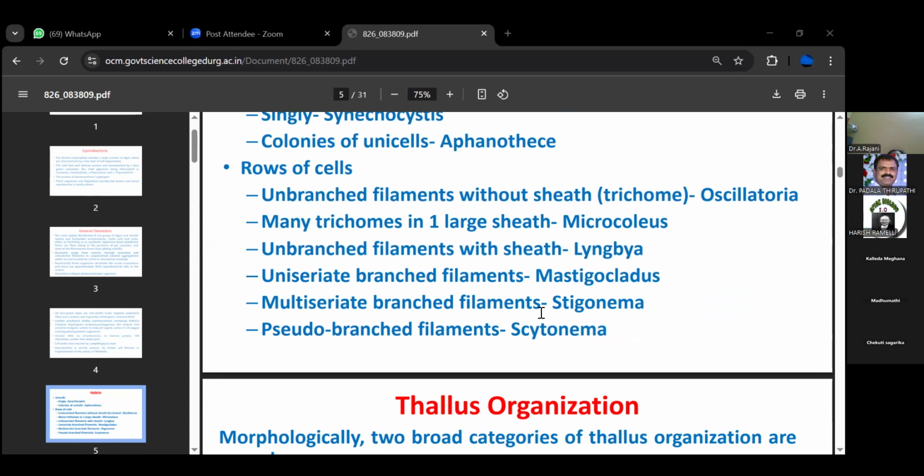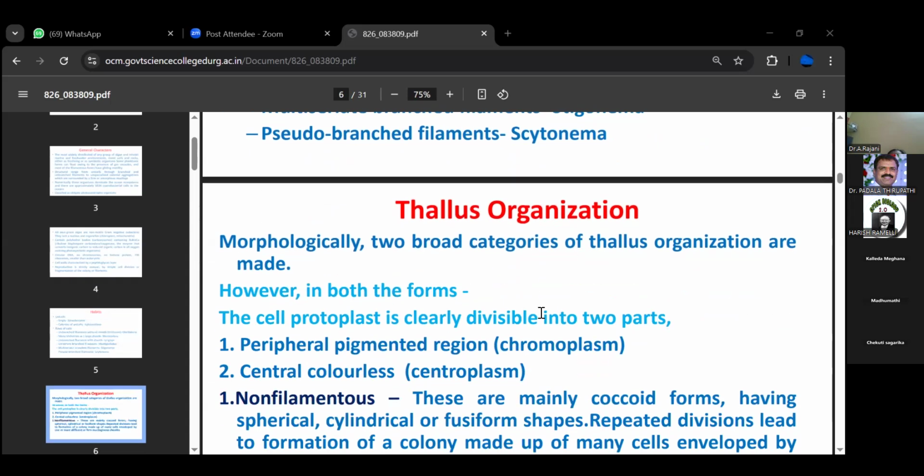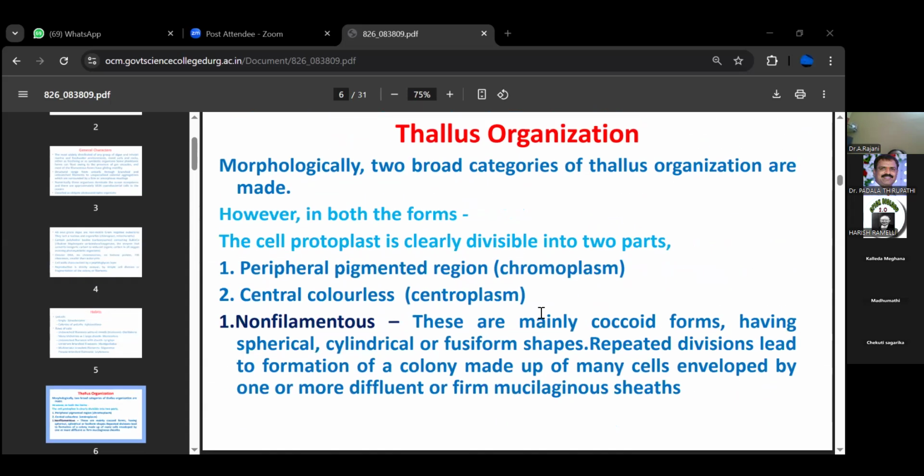The thallus. Now you can observe the thallus. Here the organization of the thallus ranges from unicellular to branched heterotrichous forms. Do you know what branched is, what heterotrichous is? I'll explain clearly in the thallus organization. Yes or no? In this range, organisms range from the unicellular